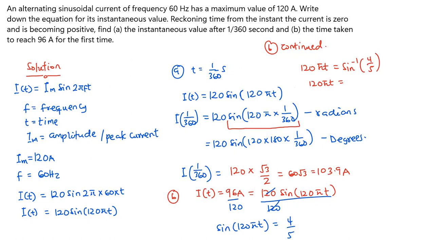That gives me a value of 0.927. So let's make it 0.93. So our t will be equal to 0.93 divided by 120 pi. So let's see what you're going to get. You have 0.93 divided by 120 multiplying pi. That will give us a value of